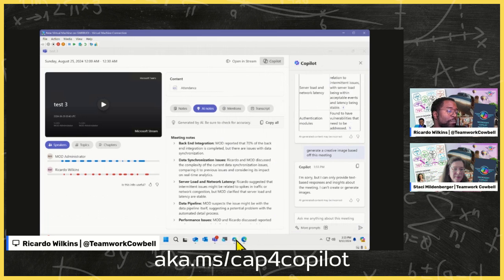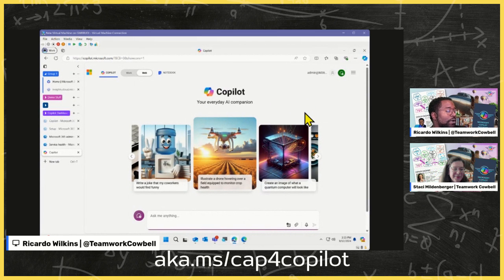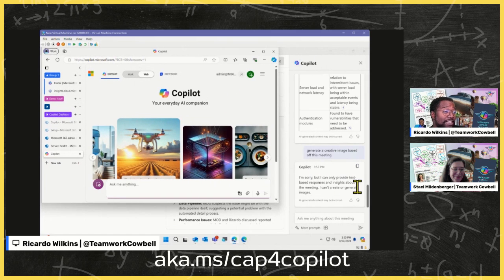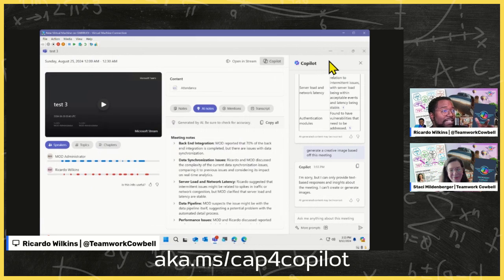But certainly going out to Copilot in general will get that done. So I figured I'd give it a try, but this makes sense that it doesn't do that, just the context of where it is. So yeah, and I imagine that's just a for now thing. It's probably a future state coming.